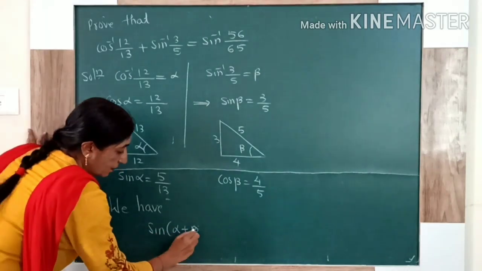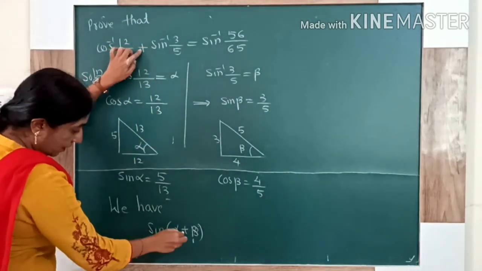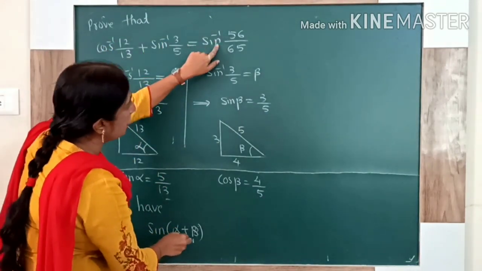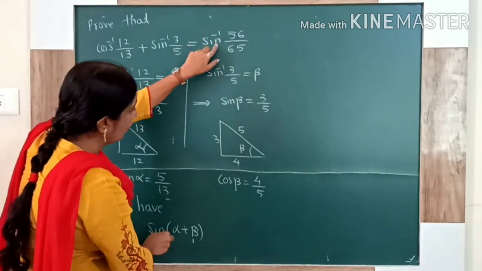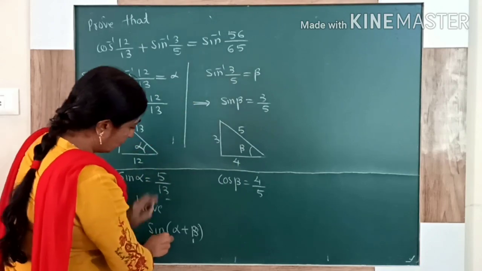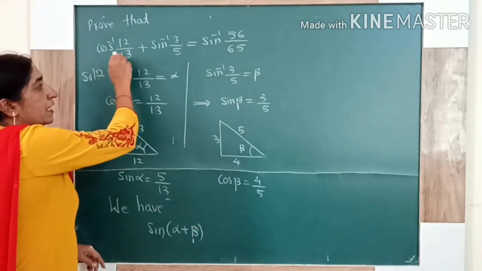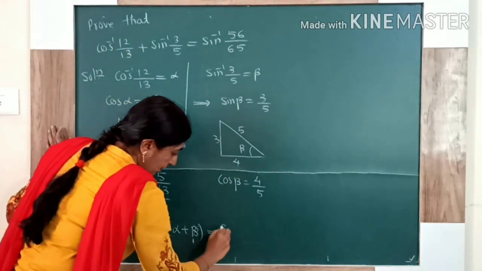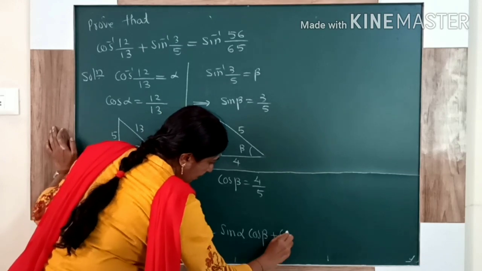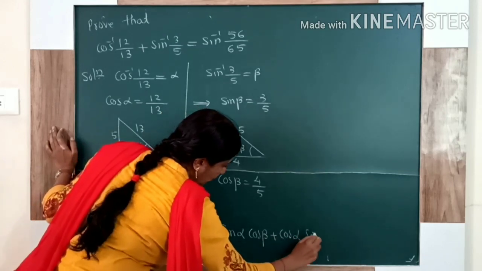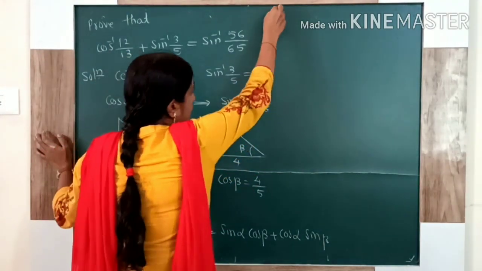If the problem is sin and cos, and here if it is a plus, write a plus. And what answer is required? If it requires sin inverse, write sin. If it requires cos inverse, write cos. And remember, this hint is applicable only for a problem with sin and cos. It is sin alpha into cos beta plus cos alpha into sin beta. I hope the students understood this method.